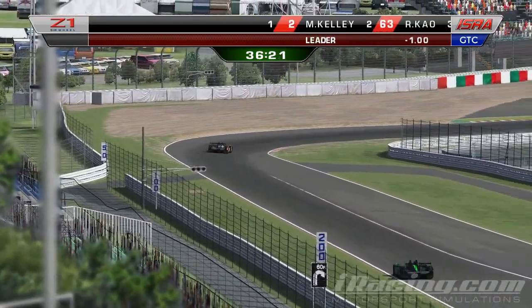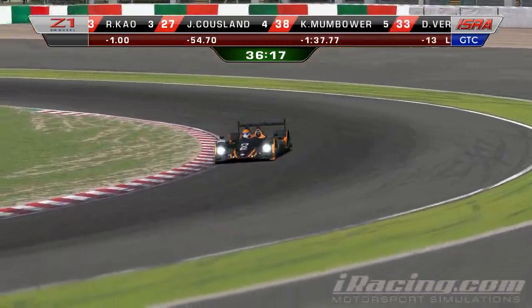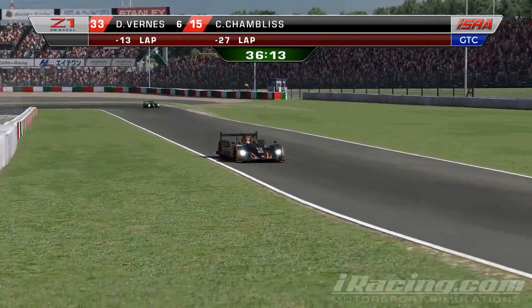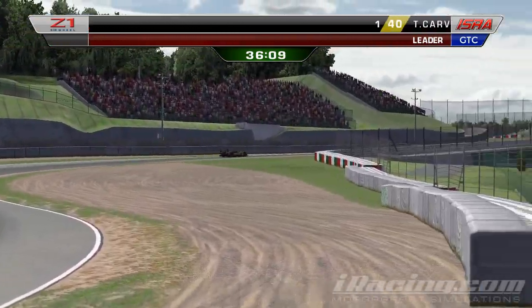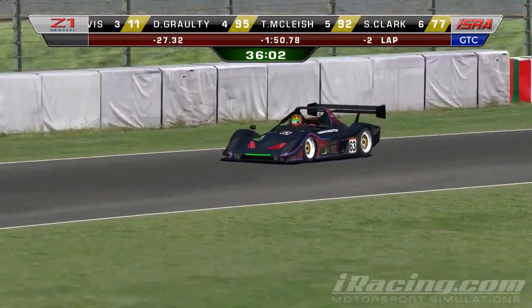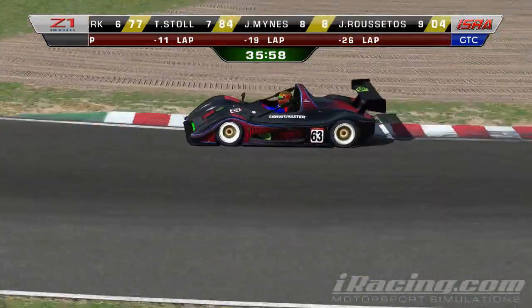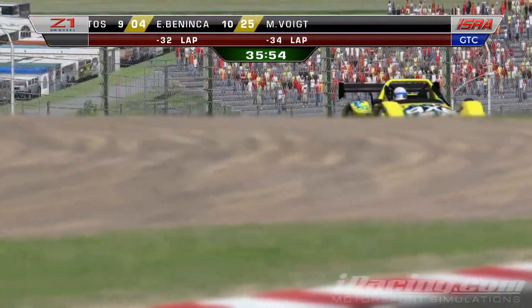And there's James Cullen there in the leading HPD, just plugging along like he does, putting the laps through. And now back to the battle for the lead in the Radicals. Under a second now between Cow and Kelly. I think I saw Brian Carey's HPD not too far behind, so that could play a